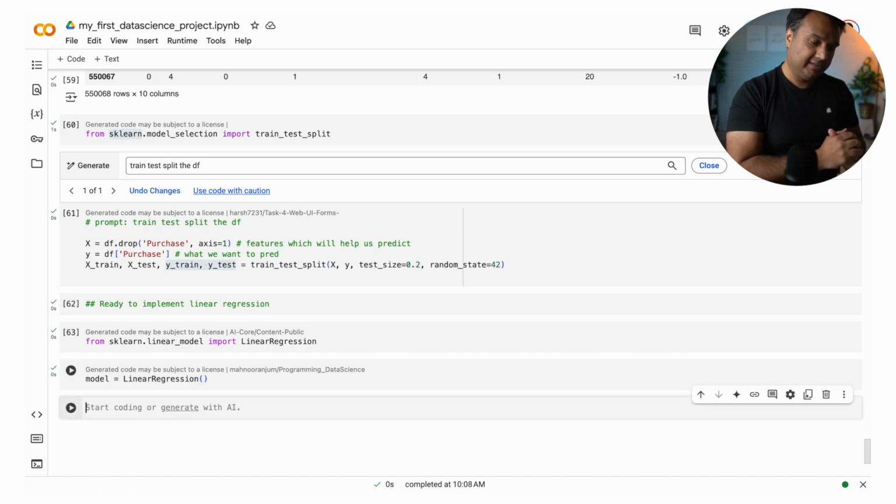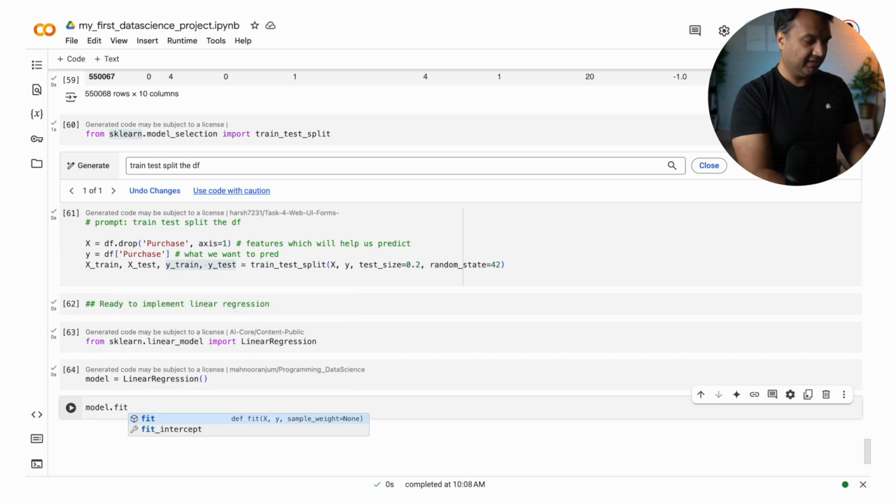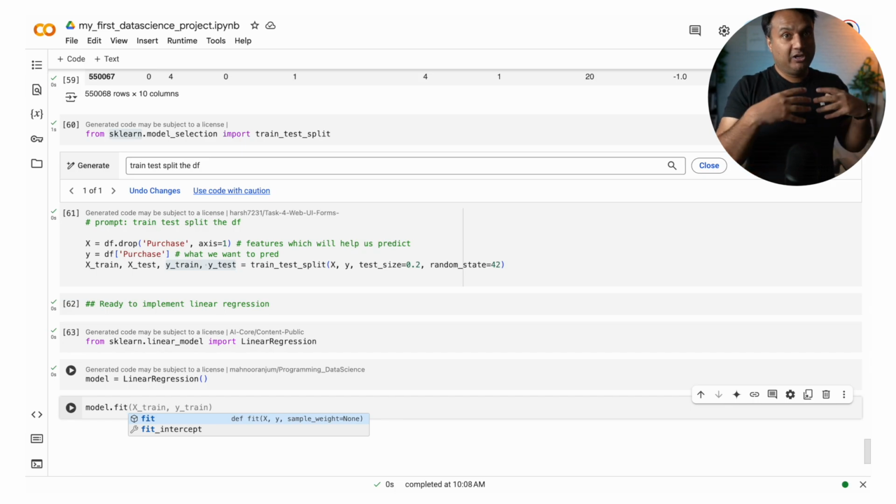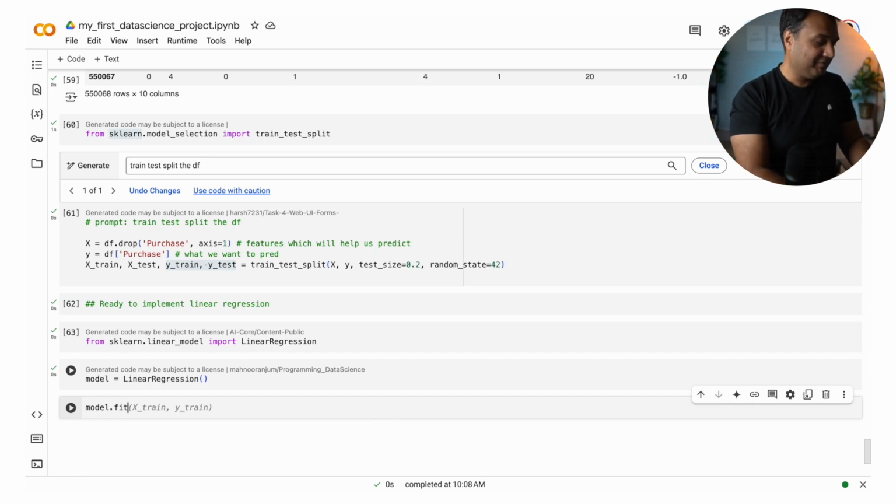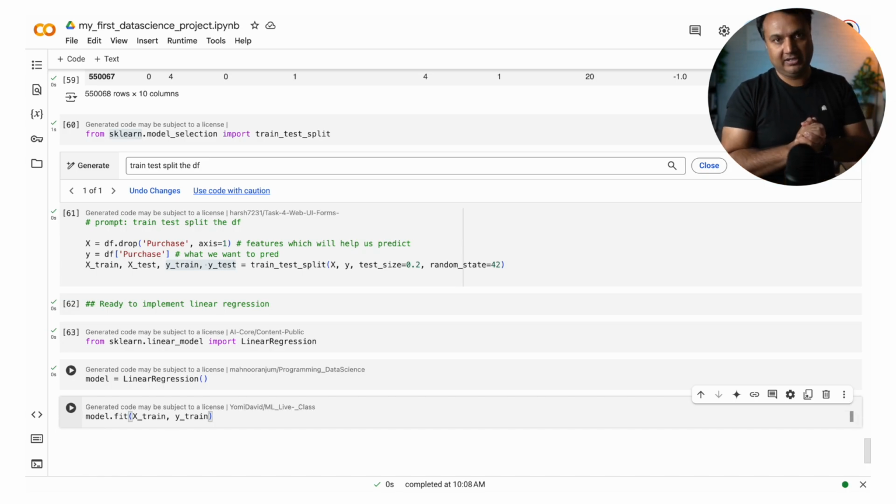Once I have defined the model, then I say model dot fit, which means it is going to get trained on this data, X train and Y train. So fit is basically train.